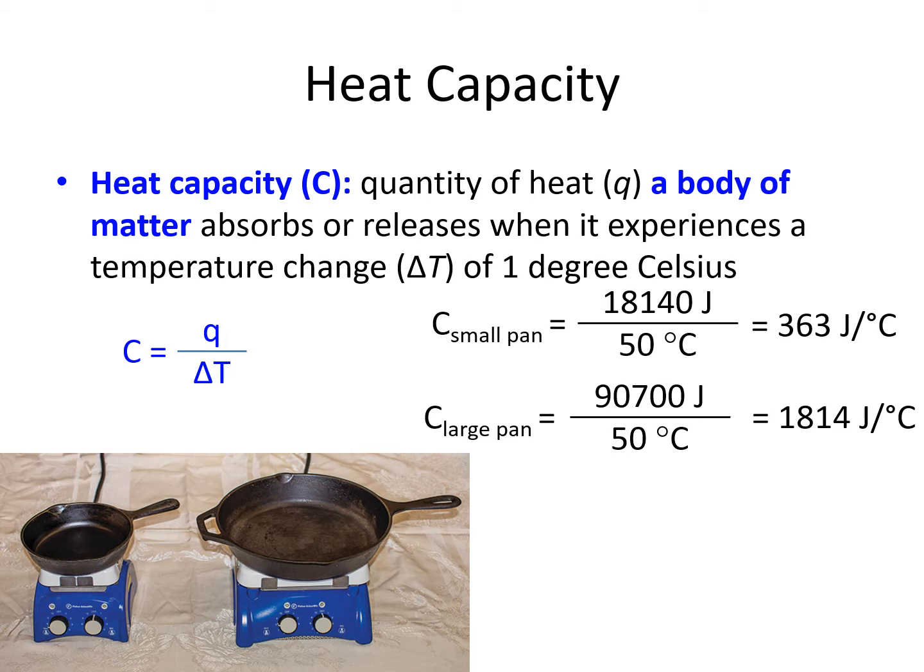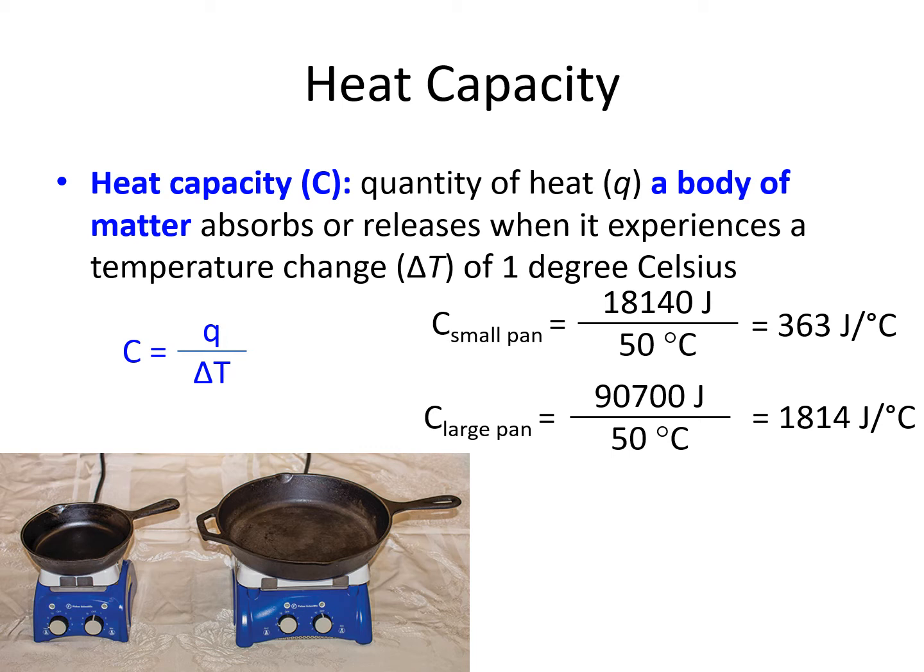We can have two different pans and heat them up with a temperature change of 50 degrees Celsius. Let's say it started out at 25 Celsius and went up to 75 Celsius. 75 minus 25 equals a 50 degree temperature change. Let's say we heated it up by 50 degrees and measured the amount of energy needed to do that. For the small pan, it only needed 18,140 joules to make that temperature change. For the large pan, it needed 90,700 joules for that same temperature change, because the larger pan has more mass